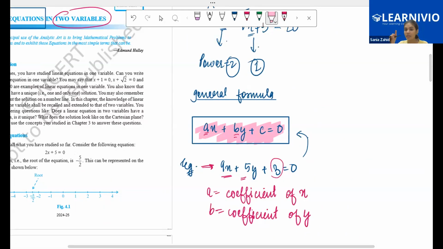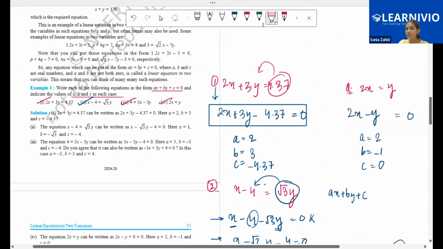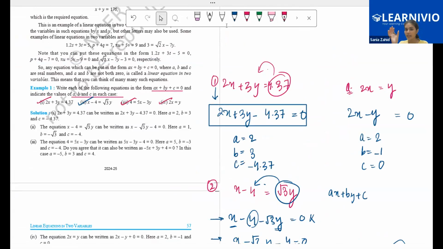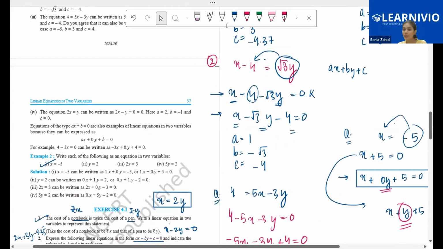Here, what is the meaning of a? A is the coefficient of x. What is the meaning of b? Coefficient of y. And what is c? C is the constant term. Then we studied how to convert any given equation into this general form. You bring all the terms to the left hand side and 0 on the right hand side, and then you write it accordingly. Then we studied what if your equation is in one variable, and how you convert it. For equations that are in just one variable, you add an extra term. Okay, like